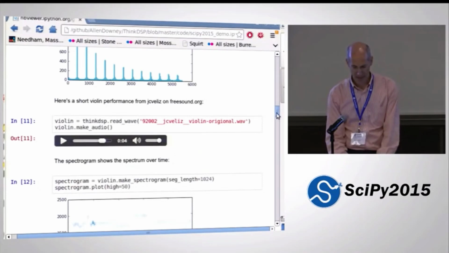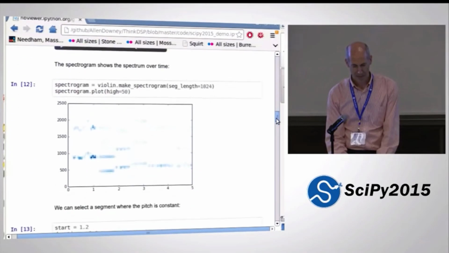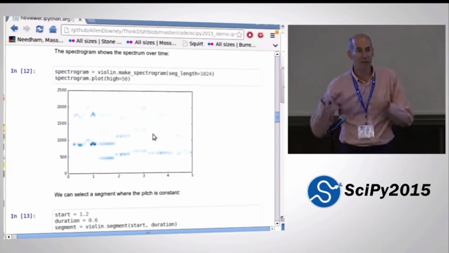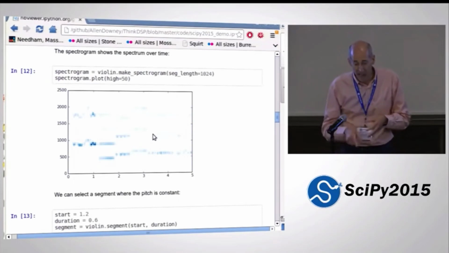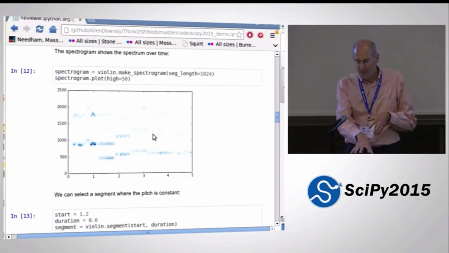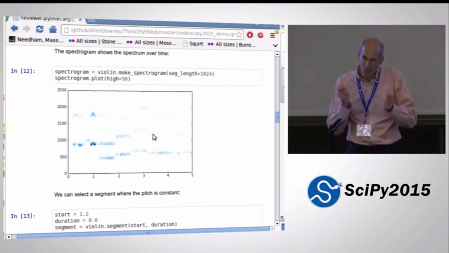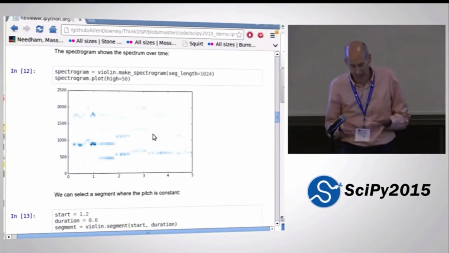And you can make a spectrogram of that, which lets you see how the frequency components that make up that sound are varying over time. And here you can almost read the melodic line of the music. This one's not visualized particularly well. I didn't work very hard to make it pretty, but you can.